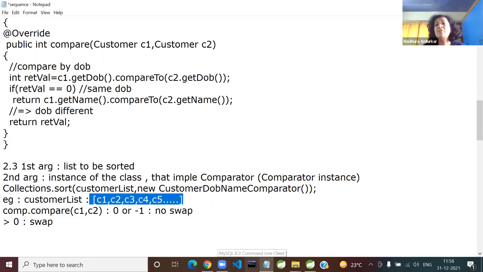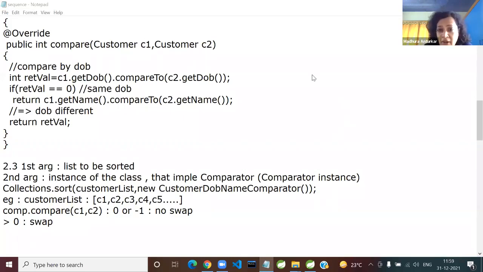Internal algorithm is iterative merge sort. Like I said, it uses Tim's algorithm. There are a lot of details given in the Java docs, and the whole customer list will be automatically sorted by calling your sort method. So tell me openly, honestly, are all the statements clear? Because we are going to write code now. I have written the code, but I just want you also to write along with me.